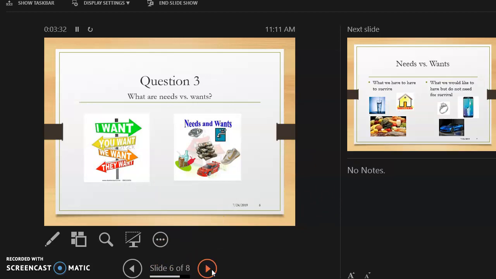When we consider needs and wants, they're pretty basic, and you guys know these things. We have needs that we need to have to live. We need to have water, we need to have food, we need to have shelter, and we want to have things. We want to have fancy cars, we want to have the nice shoes, we want to have the fancy smartphones, we want all those things. But could we survive without them? Yes, and that's the distinction. Needs are what we have to have in order to survive, and wants are what we want to have to change the quality of our life.